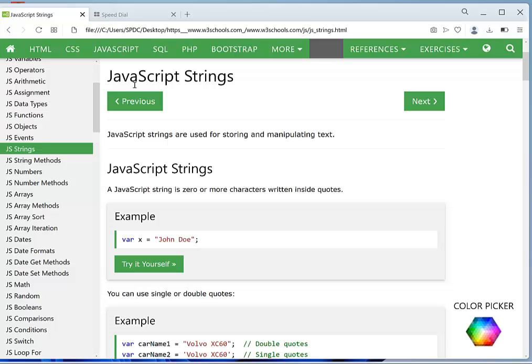In today's class, we're going to be looking at JavaScript strings. So we already know what strings are, so we just want to familiarize ourselves with our string. We know that JavaScript strings are used for storing and manipulating text. So a string is just a collection of text, and those texts are written inside quotes, either the double quote